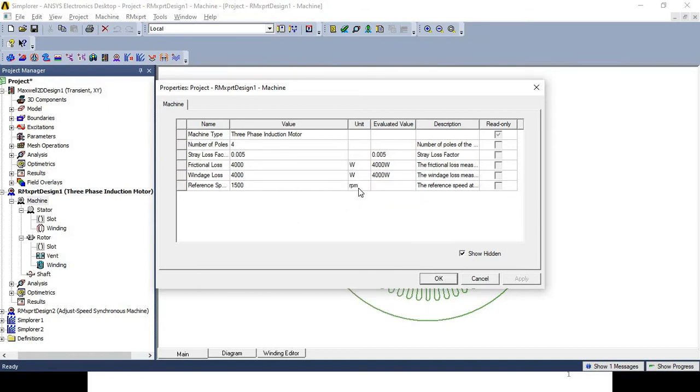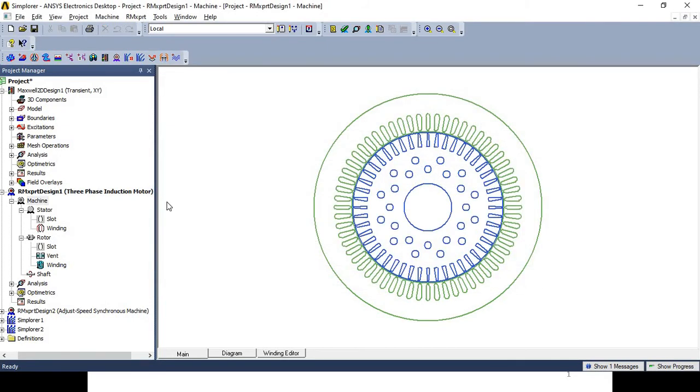Similarly, for the reference speed, we had selected the unit of RPM, but you have the flexibility to change the unit like radian per second, revolution per second, etc. Okay, and we had already selected these parameters. Right now we are just going to do the revision. That's why I'm going fast. This part is for detail of this part. You can go through the video lecture of the same content in part 1.